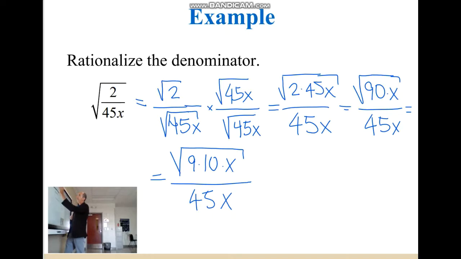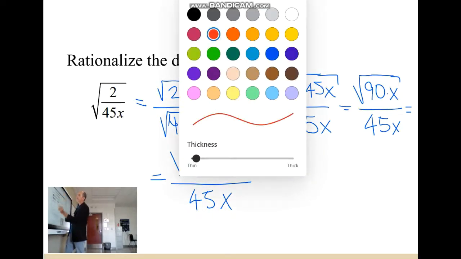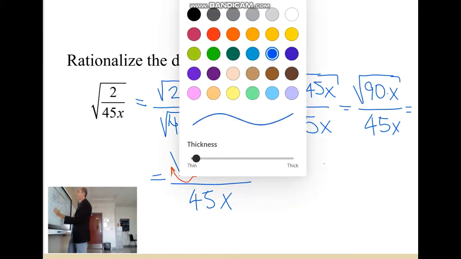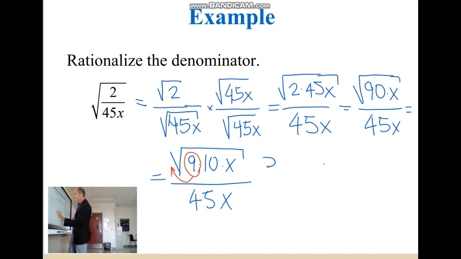And this 9 we can move outside the radical, because 9 is 3 squared. Square root of 9 equals 3, so this is 3 square root of 10x